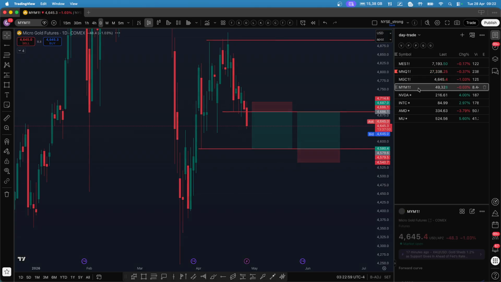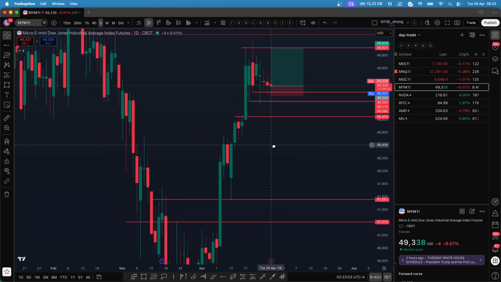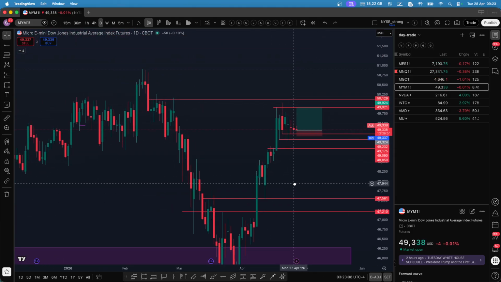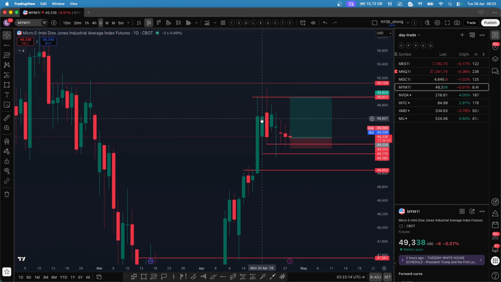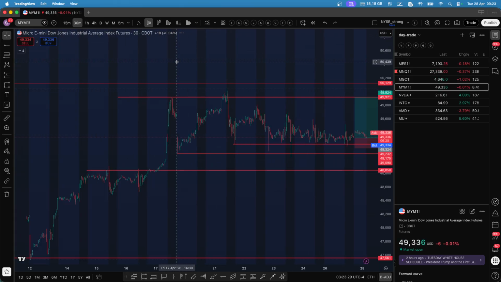Let's look at the YM. YM, if you look at the daily time frame, we have pushed towards the upside. And after the push, if you see, this is a giant daily candle, and after that we are consolidating. This is an inside day, and basically we are doing a consolidation at the moment on a daily time frame. Let's look at the 30-minute time frame.